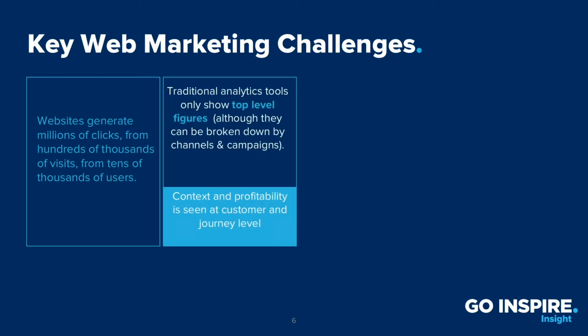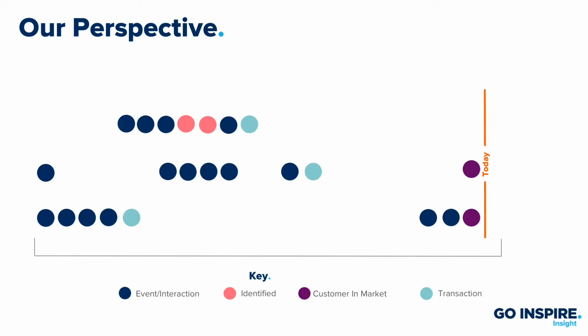But traditional analytics tools only show the top level. And what I mean by that is that even though they do show the breakdowns by content or by campaigns, we're not looking at it from a journey level or a customer level. We go back to that slide that we've just seen, and we're looking at those different visits. Some of those visits will be happening by the same device or by the same user. So if we look at them in a slightly different way and join them together, a different picture starts to emerge. Now, here we've got different transactions being linked to 3 different journeys and 3 different journeys that have no